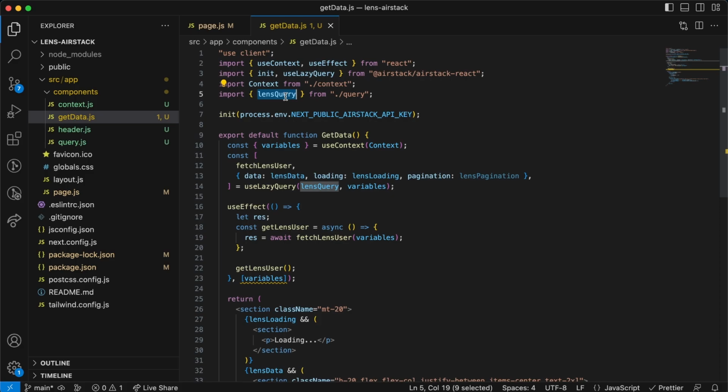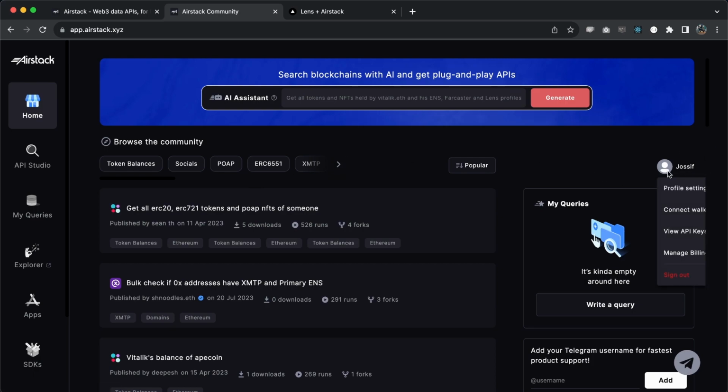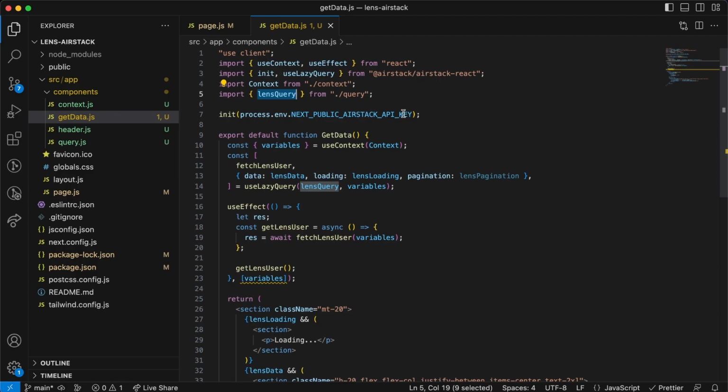We import the init and use lazy query by Airstack, and then the context and the query itself we just created. So in order to do request using the Airstack API, you're going to need to have an API key, and you can do that on their website. So when you sign up, you get an account right here, you go to view API keys. So what I have done is you can either add your API key here as a string or create this,